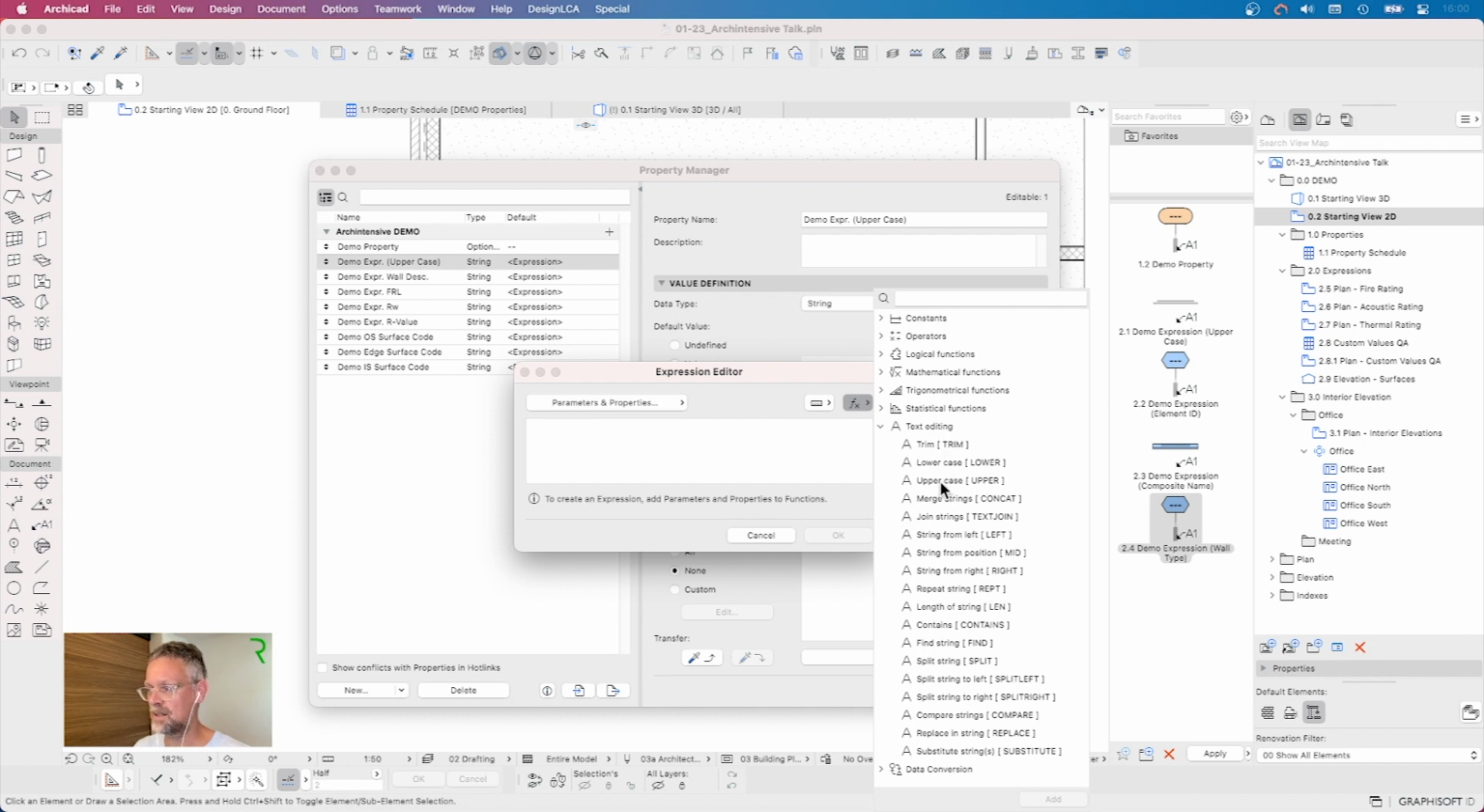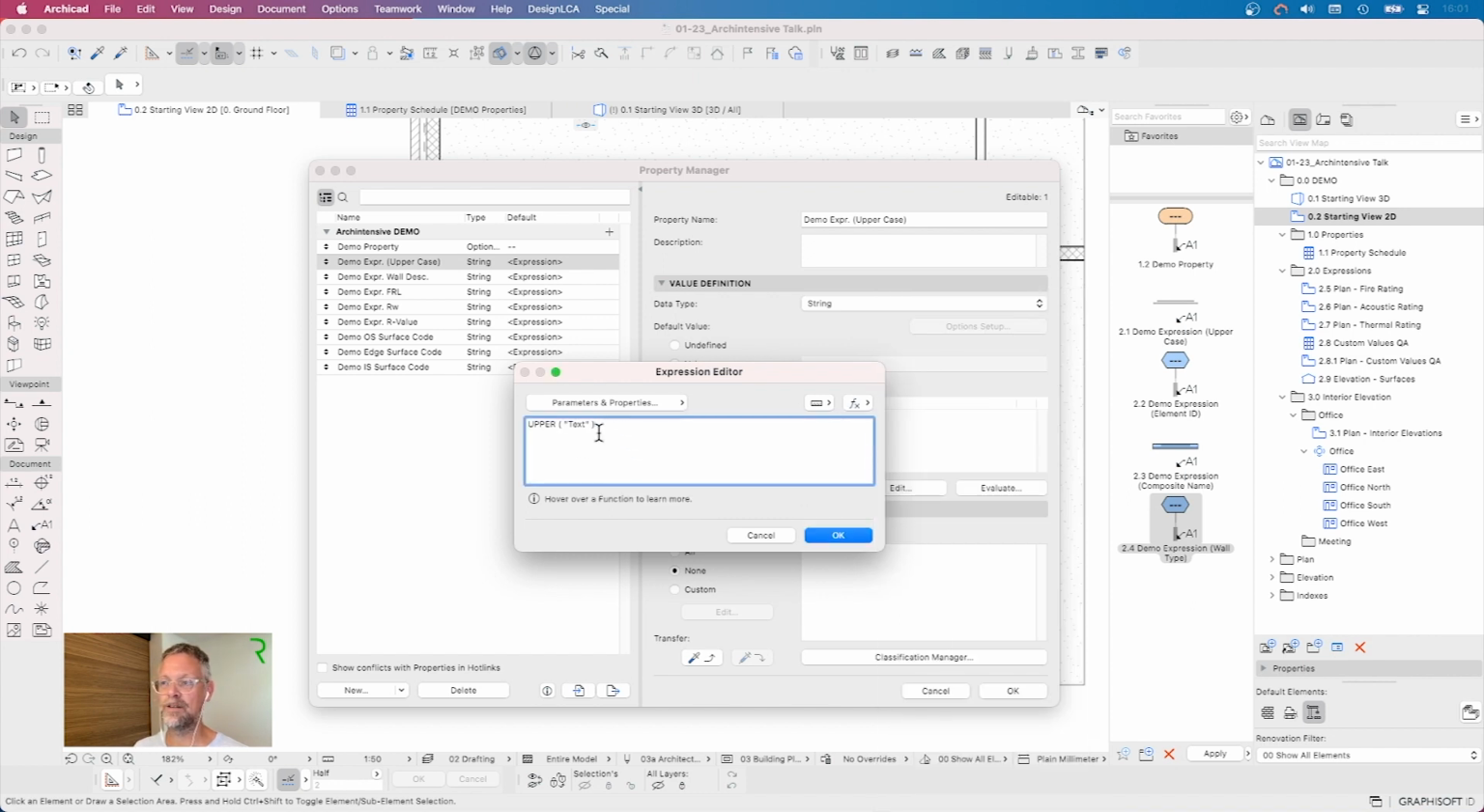And you can see here there's one called uppercase. There's also one called lowercase. So if you have uppercase, you want to change to lowercase, you could indeed do that. So if we double click uppercase, and now if you hover your mouse over the word upper, it brings up